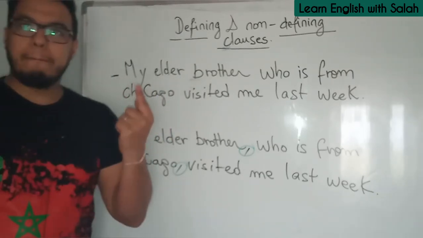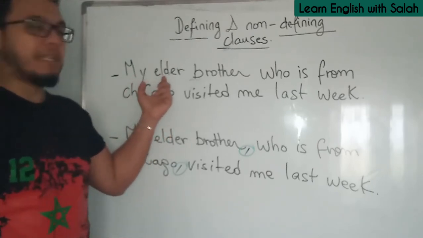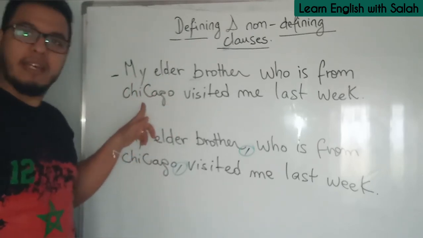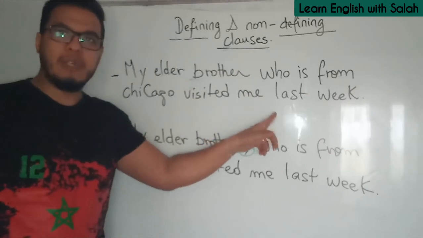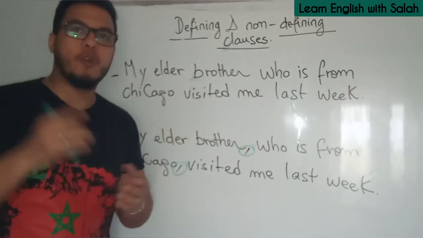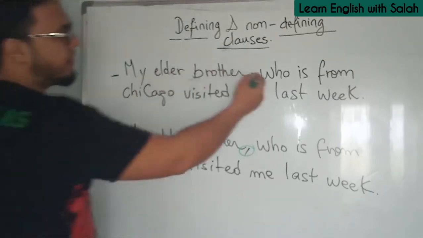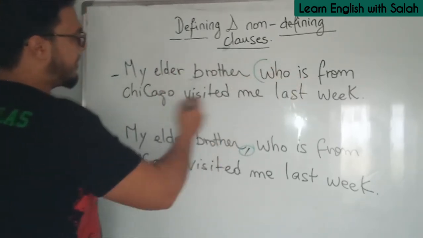كنهضر على my elder brother. اوكي، يعني الاخ الاكبر ديالي اللي عايش في شيكاغو visited me last week. يعني عندي 3 ديال الاخوان ولا 4 الاخوان كبار ولا 2 الاخوان كبار، ولكن كنهضر على داك اللي كاين في شيكاغو. اوكي، يعني هاد الانفورميشن اللي عطاتني هاد الريلاتيف كلوز